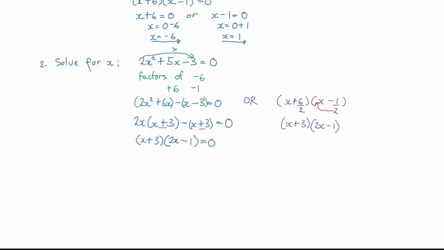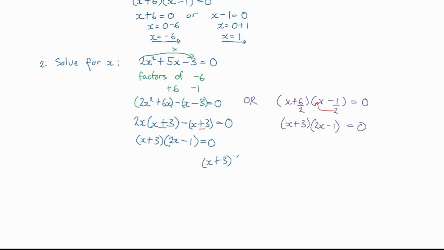This is equal to 0. As you see, it gives us the same factors. So whatever method we use, our factors are x plus 3